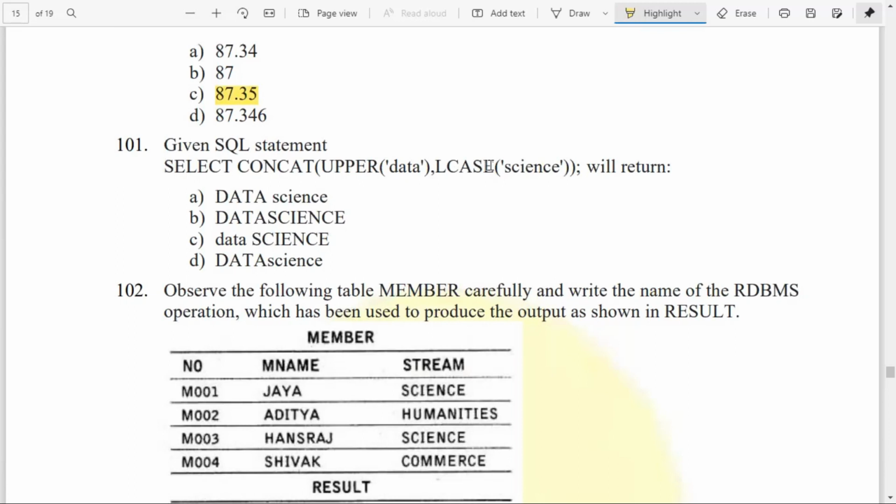Instead of LCASE, you can give LOWER, that is also okay. Science is already in lowercase only. CONCAT means it will combine into a single string without any space. So option B is the correct answer.